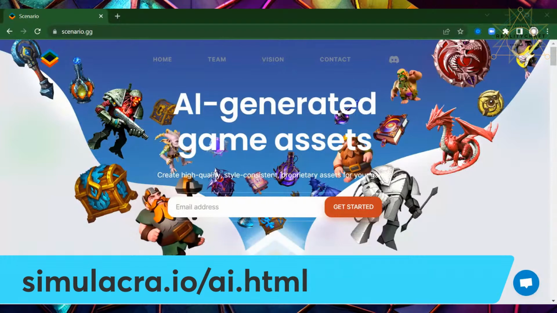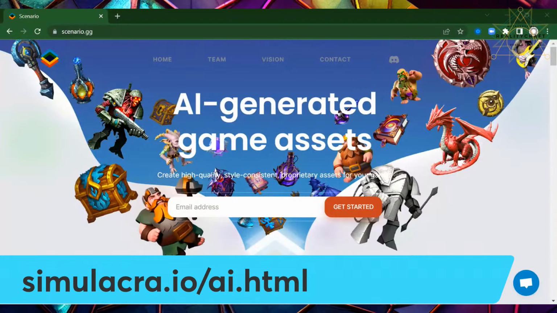For example, trying to do the coloring book. You can save your images straight out of there and then take them into another program. So for example, you could take your 50 images out of Simulacra